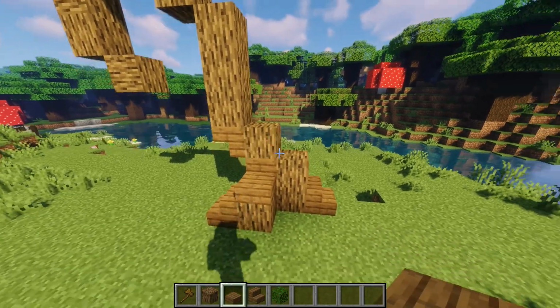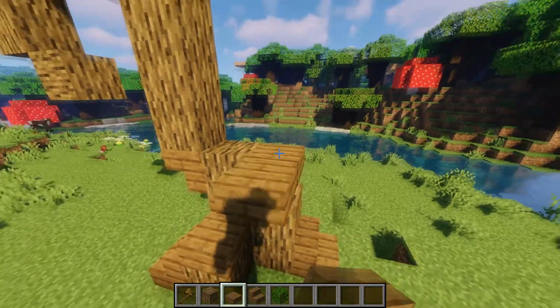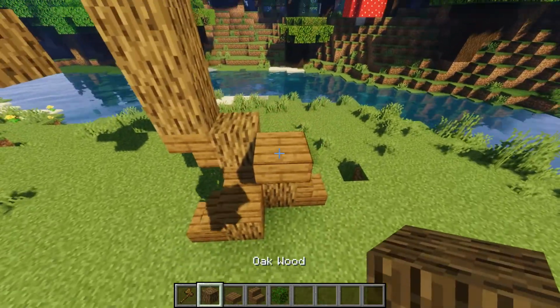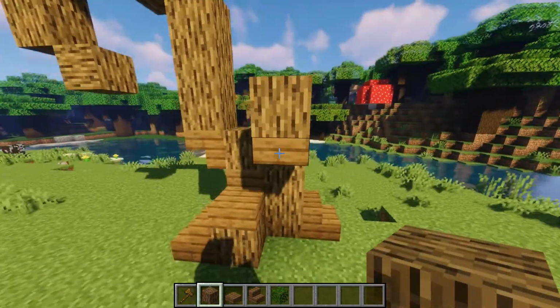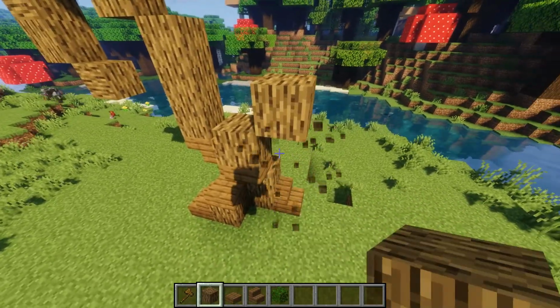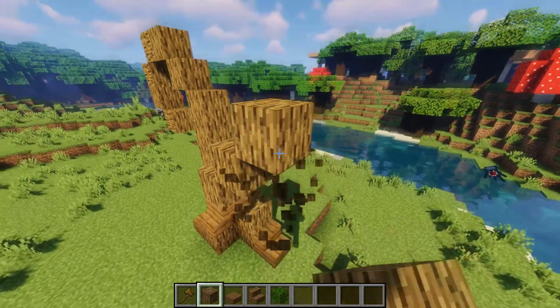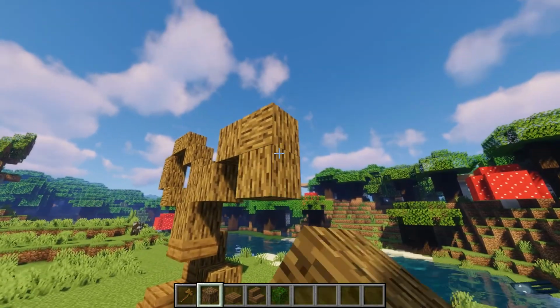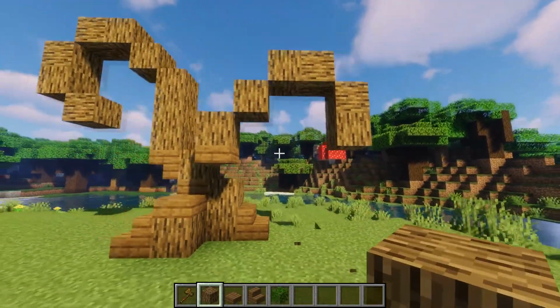So back around to the front, what we're going to do is we're going to put a slab right here and go diagonal from it right there, just like that. And we're going to put a block on top of that slab, and you are going to keep the slab right there. And what we're going to do is go diagonal up one from there, and once again, but this one we're going to bring across two blocks, and then we're going to go diagonal and down one more, just